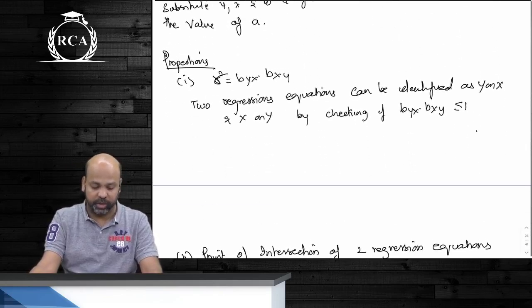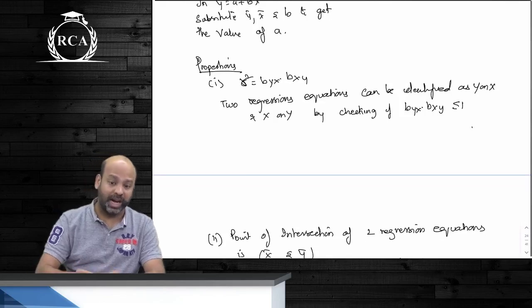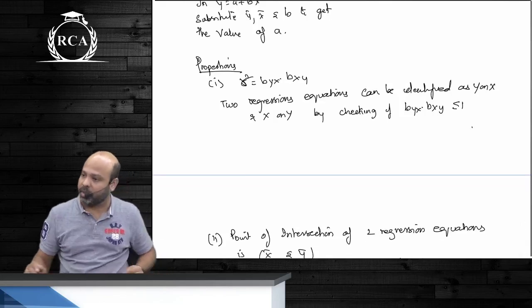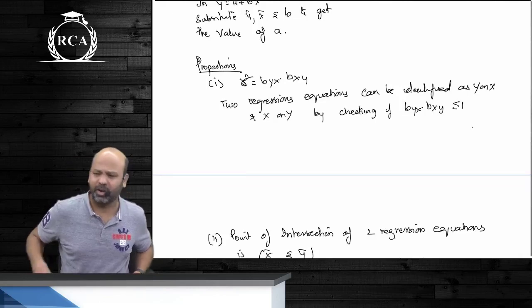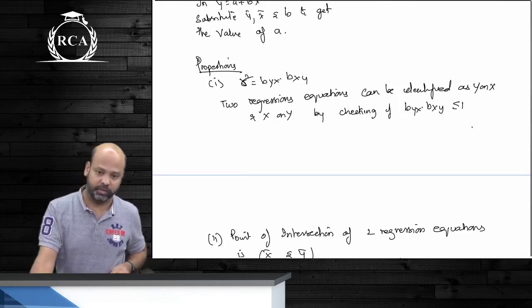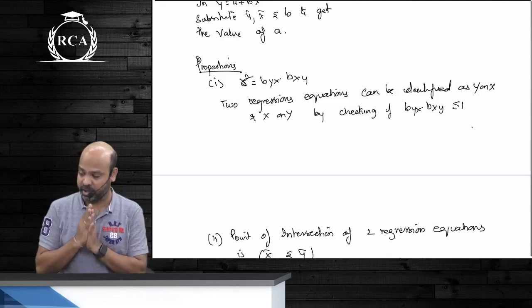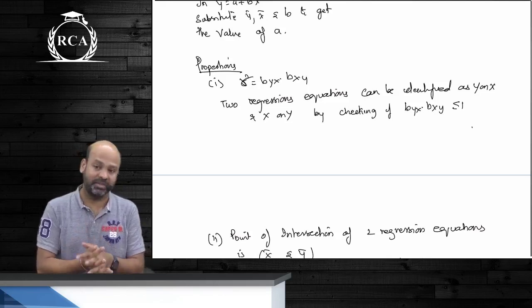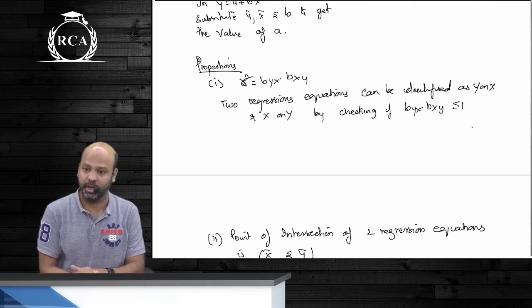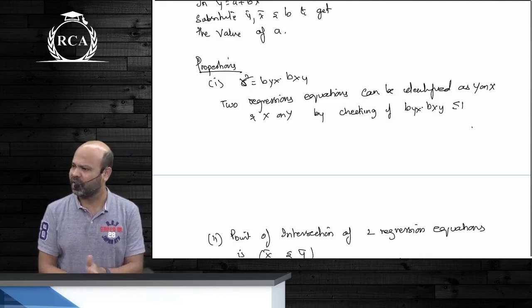The first property, guys, of regression equation is that r is the geometric mean of byx and bxy, or r is equal to under root byx into bxy. The point that you should remember here is that if both byx and bxy are positive, r will be positive. If both byx and bxy are negative, r will be negative, matlab they have negative slope, they are